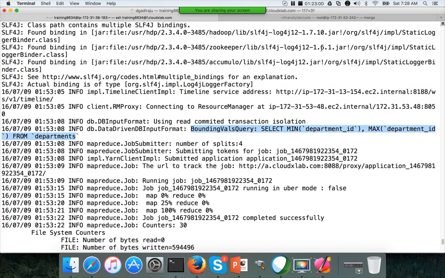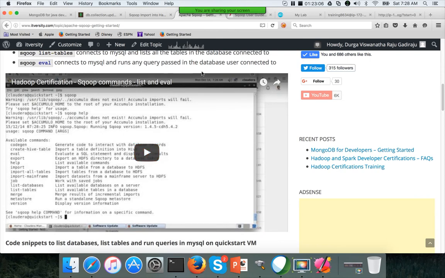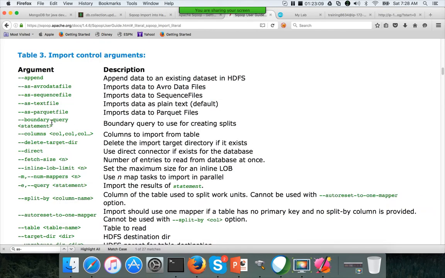Now that's the logic it uses internally, and the purpose of this boundary query parameter is in some cases, especially for mission critical applications from which we want to get this data. If you know the deployment life cycle into production, what will happen?